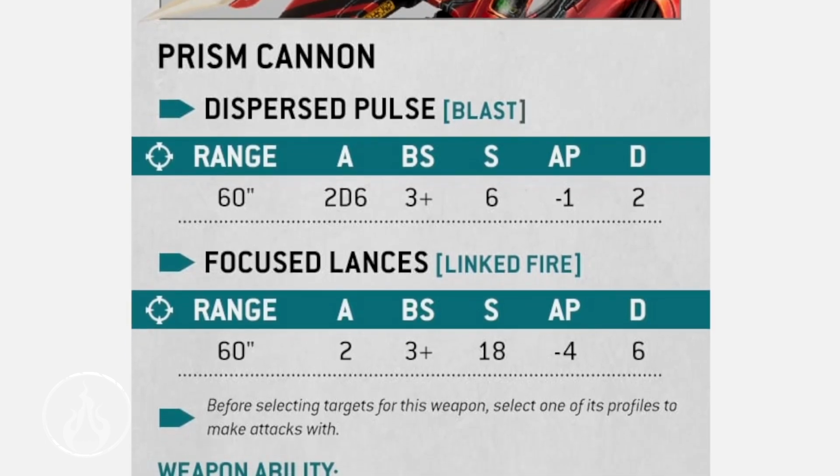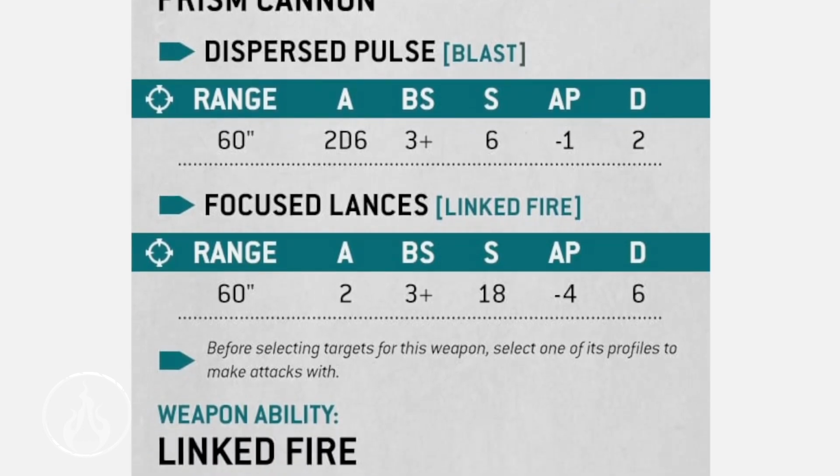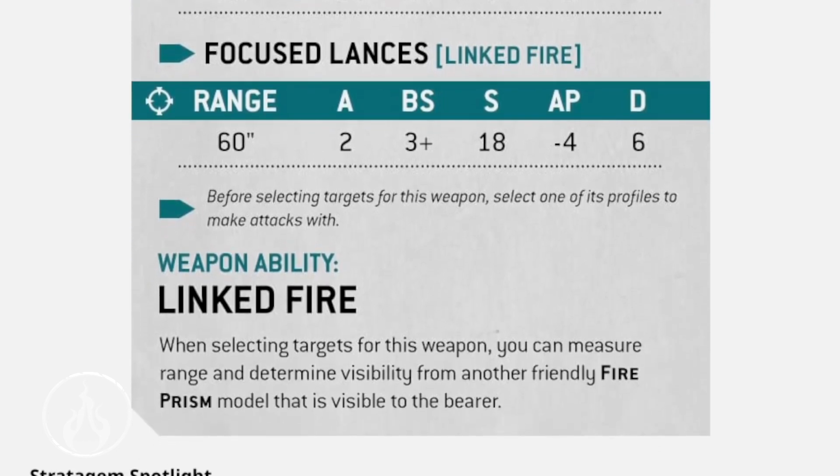Focused lances, linked fire, 60 inches, 2 shots. That's really cool. Ballistic Skill 3, strength 18, -4, 6 damage. Oof, this is pretty good. And with the linked fire ability, when selecting targets from this weapon, you can measure range and determine visibility from any other friendly fire prism model that is visible to the bearer. Very, very cool. So if you want to hit just outside that 60 range, within that long distance, and you combine this with the ability of fire and fade,